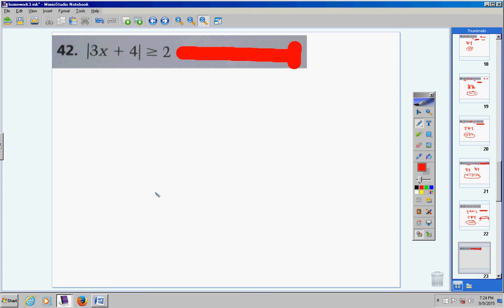So, you look at the arrow. It's not like the other one that kind of formed the letter C. This one's pointing to the right, okay? Like this. So that means we're going to write a disjunction. So what you do is you write the inequality just like it is, identically, just without the absolute value lines. Drop these lines off, okay? Then we put the word or, and we write this inequality exactly